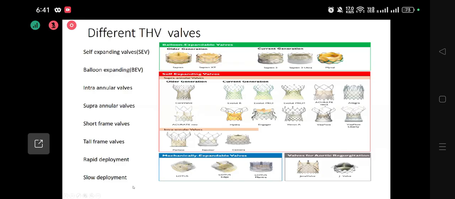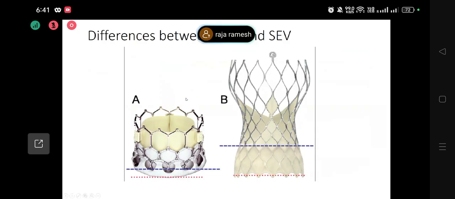Whereas the self-expandable valves, it is slowly unsheathing the valve frame. It is called slow deployment. So basically that is the difference between the balloon expandable valve and the self-expandable valve. So the Evolut valve is a self-expandable valve. It is a nitinol-based frame, and then inside the leaflets will be